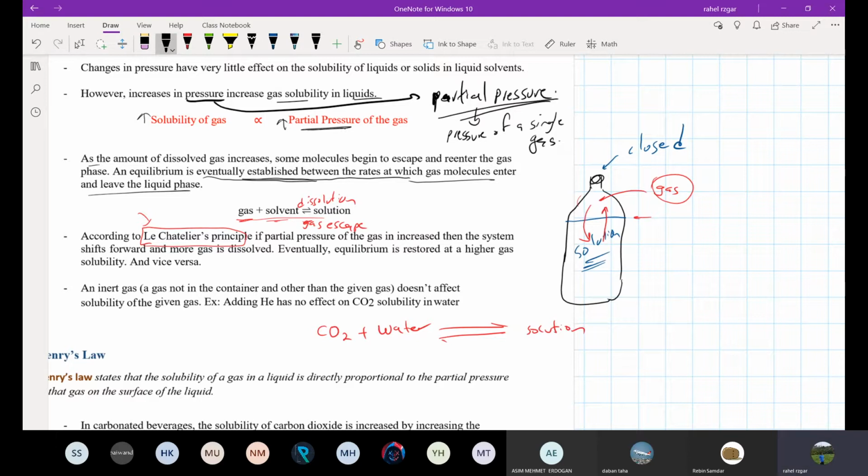When it reaches equilibrium, when the cap is closed, this side is the solution. This side is gas escape. Right? This side is gas escape. Now, Le Chatelier's principle says if we remove something or something is decreased,